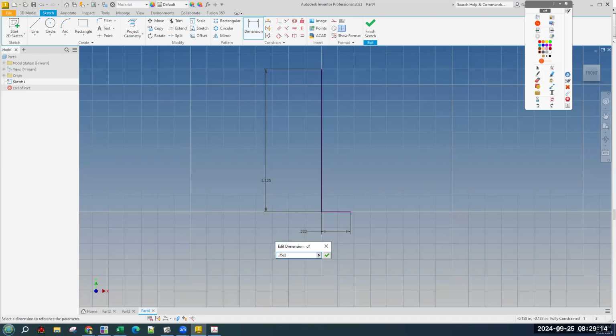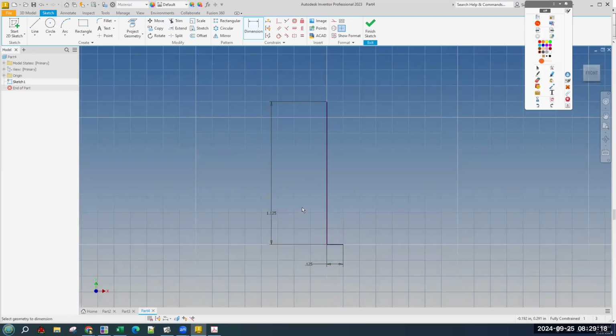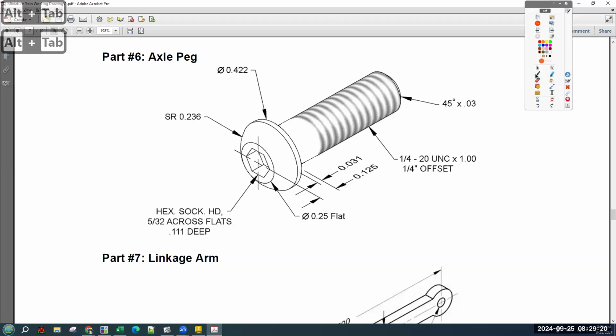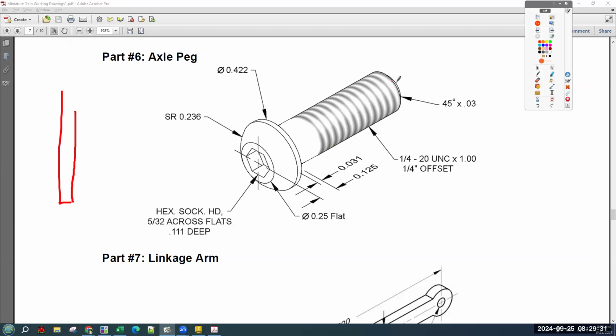0.25/2. And that's the next part. So we've got our vertical axis and half of, or the radius of the peg part. We just need this vertical outside, which is our 1 inch dimension. So this is 1 inch,